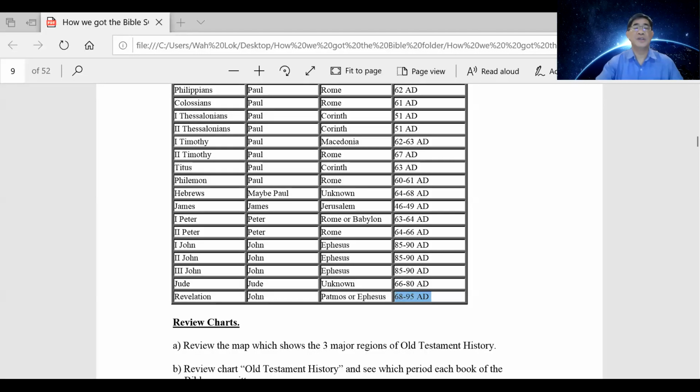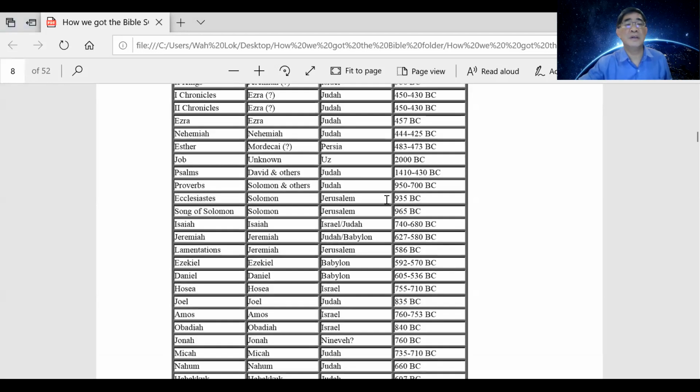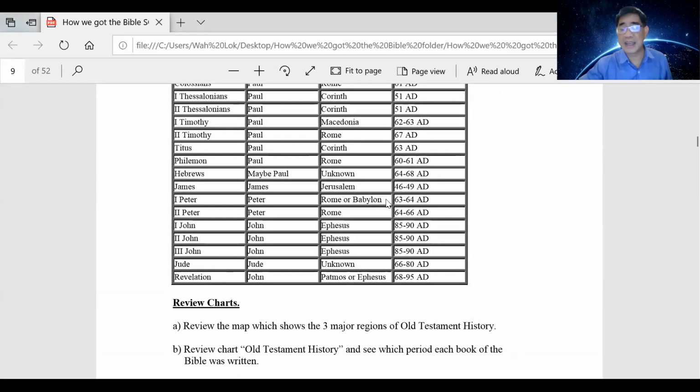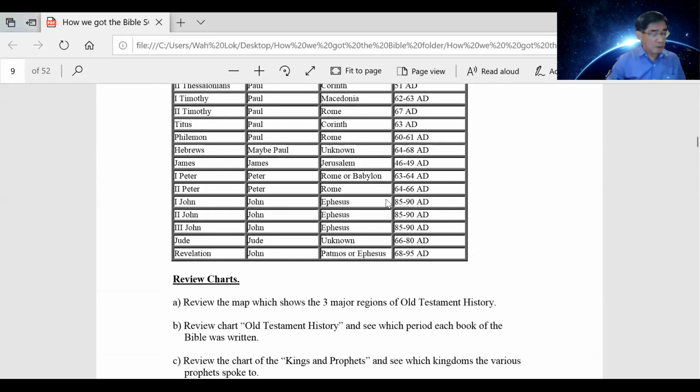Okay, we just finished this section, where I was looking at the writers of the Old Testament here, and then the New Testament. And actually, we are now at page 8. Okay, so page 8, right? Here. Now,